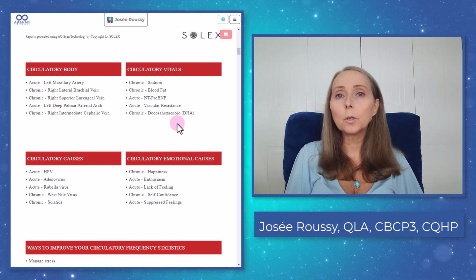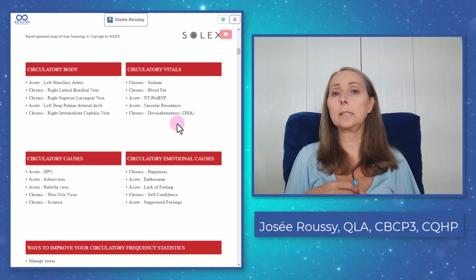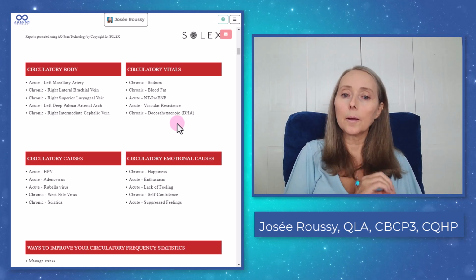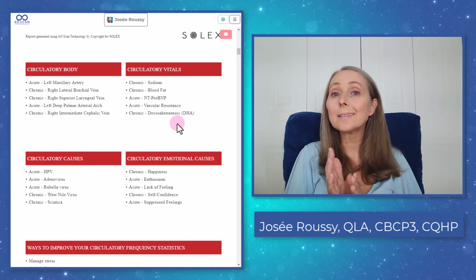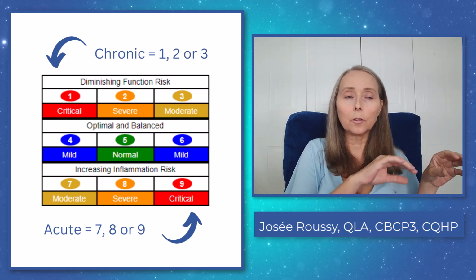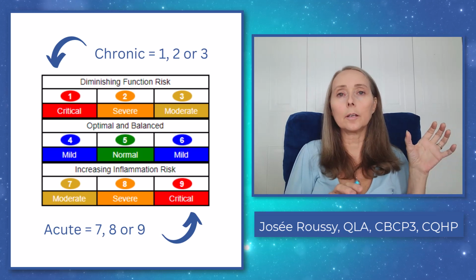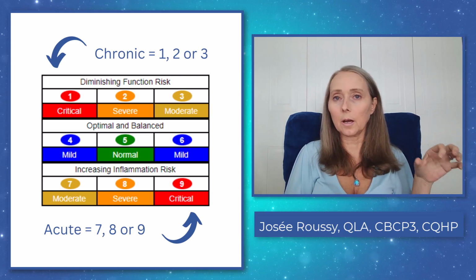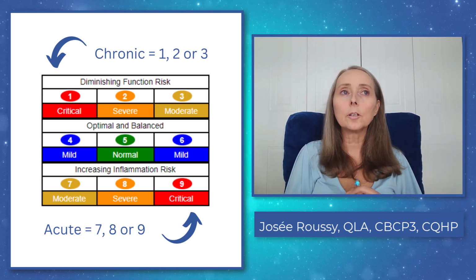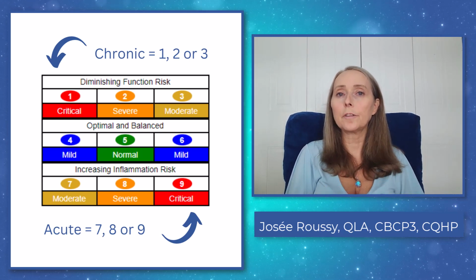Contrary to other reports that you're probably familiar with by now, where you see either red or green, or you see numbers, in this particular report, what you see is either chronic or acute. So if you want to correlate these with what you see in the other reports, chronic, when you see it in numbers, would be the 1 to 4, where it's either chronic or a sign of diminished function for that area of the body. So in this report, it says chronic. So it's something that's either been present for 1 year or more, or, like I said, something that is affecting the function of that part of the body,